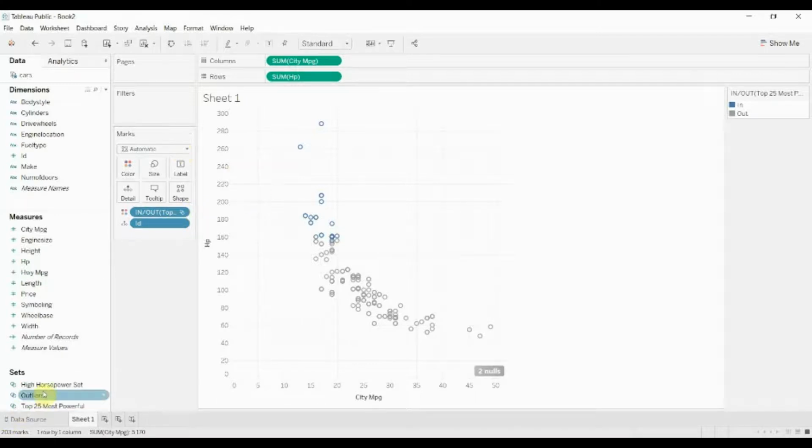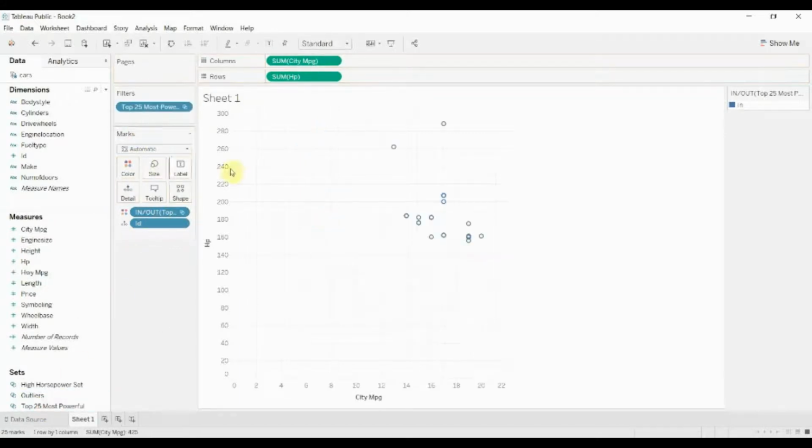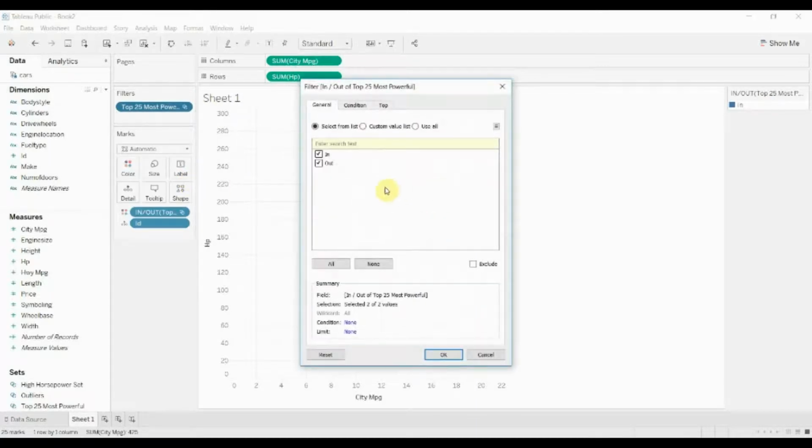Now, if we wanted to take this, as I said, we can take top 25 and we can make it a filter. So we're only looking at the top 25 cars, and this is obviously their horsepower versus their miles per gallon. But we can do 2 things with it. We can either show the members or we can show in and out of the set. If we use it as show members,